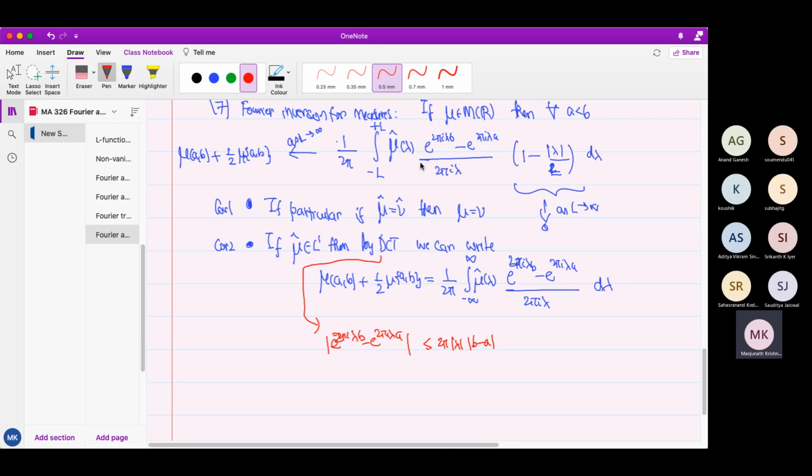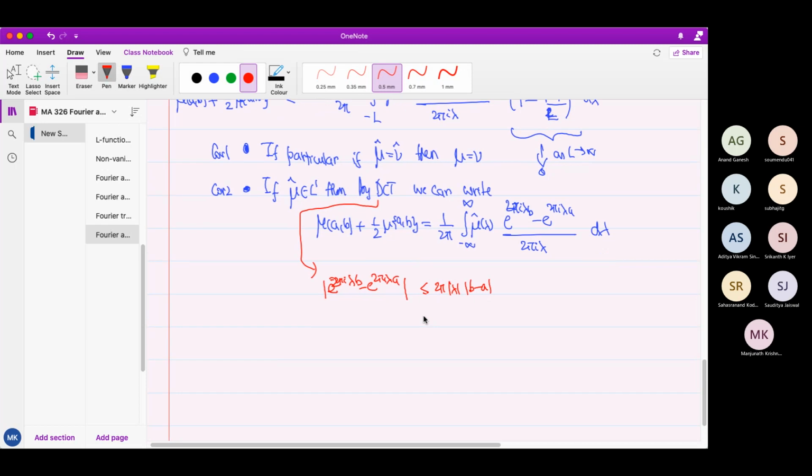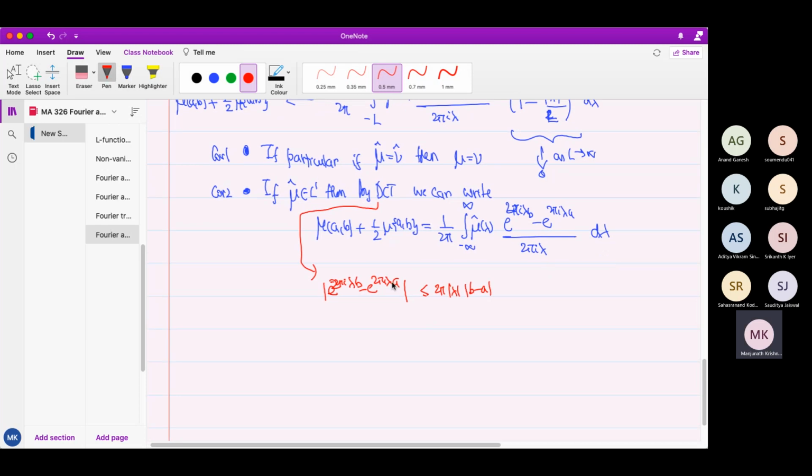Okay. So that's why this thing is bounded by b minus a, 2 pi i lambda (b minus a). Or if you divide by 2 pi lambda, this is bounded by b minus a. So we see that, and this mu hat is integrable. That's what we are assuming. So this will work. So this DCT applies, and in fact it shows